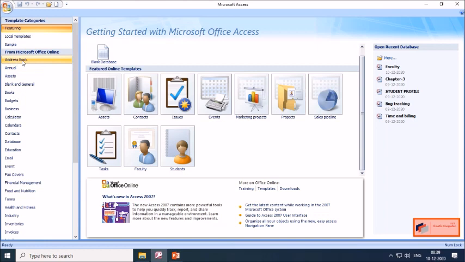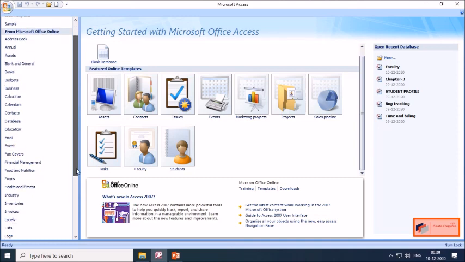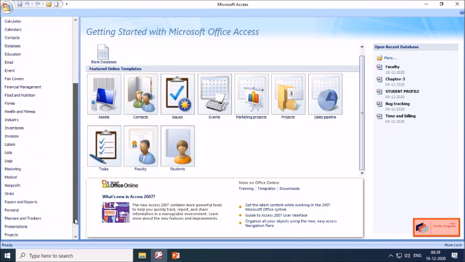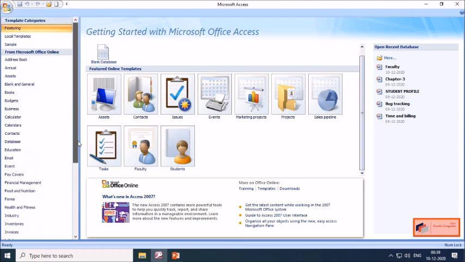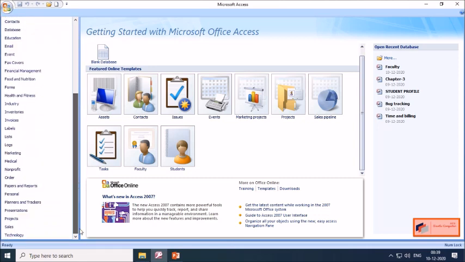So these are the ready-made pre-built databases which we can make use of immediately when required. For example, address, annual, assets, blank and general, books, budgets, business, calculator, calendar, contacts, database, education, email, events, fax cover. So these are all different pre-built databases given by Microsoft Access. So we can make use of them immediately when needed to create a database.